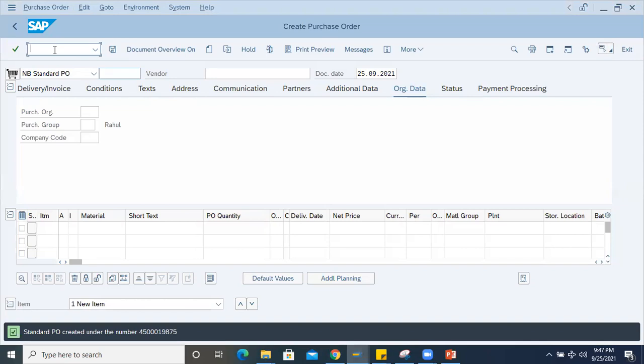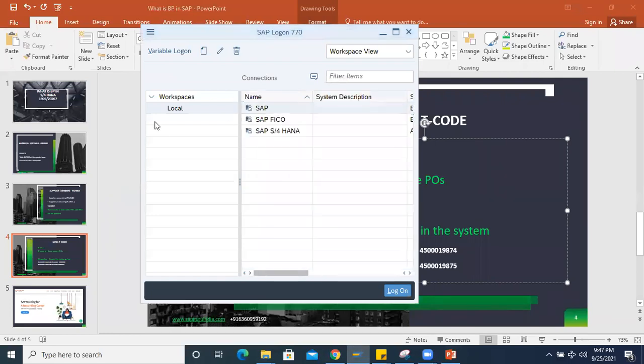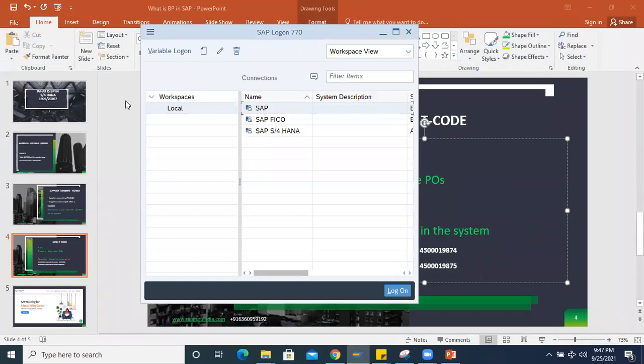I'll log out, and the user is going to log in with their own user ID and password. I need to check the password, so I'll take some other user ID.